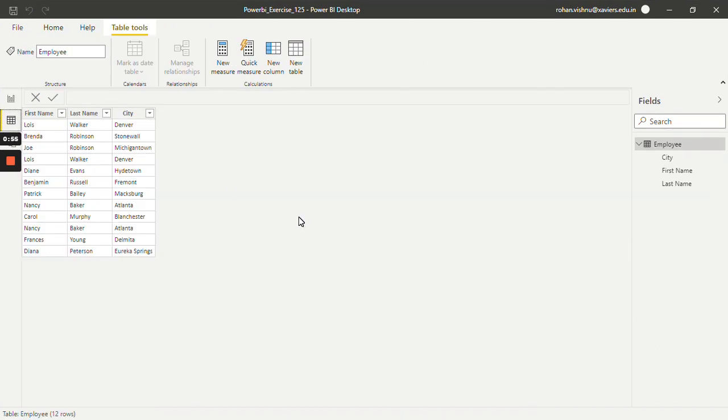Over here, as you can see, I have an employee dataset and it has only three columns: first name, last name, and city. Now let's say I want to find out the first name of all the employees who are living in Denver city. So let's see how we can do this, and this time we will be working with the lookup value function. For that, first click on new measure